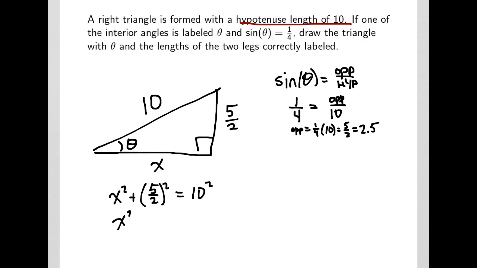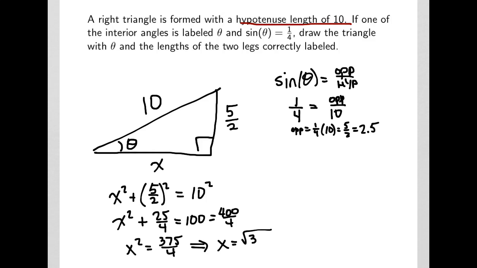So let's simplify. x squared plus 25/4 equals 100, which happens to be 400/4. So if I solve for x squared, I get 400 minus 25, that's 375/4. So that tells me x is the square root of 375 over the square root of 4,